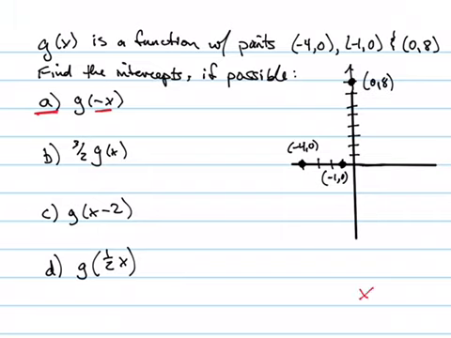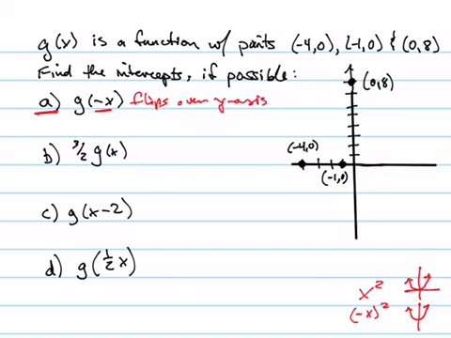I always think of x squared. If I put a negative in with the x, well, x squared is just a parabola. Put a negative inside, it really doesn't do anything to it. So it actually flipped it, but you didn't notice it because it flipped it over the y-axis. So this right here flips it over the y-axis,